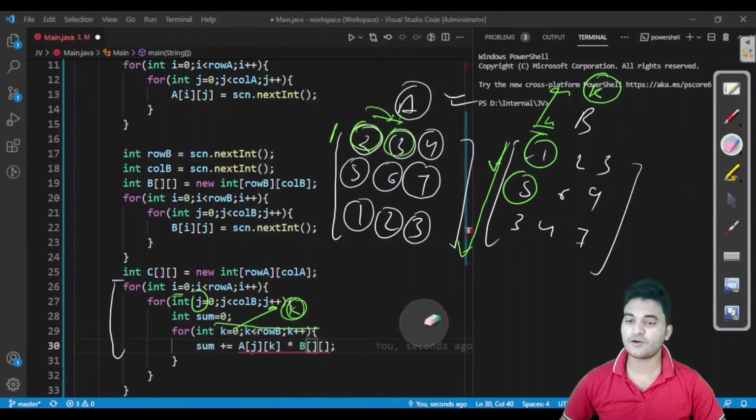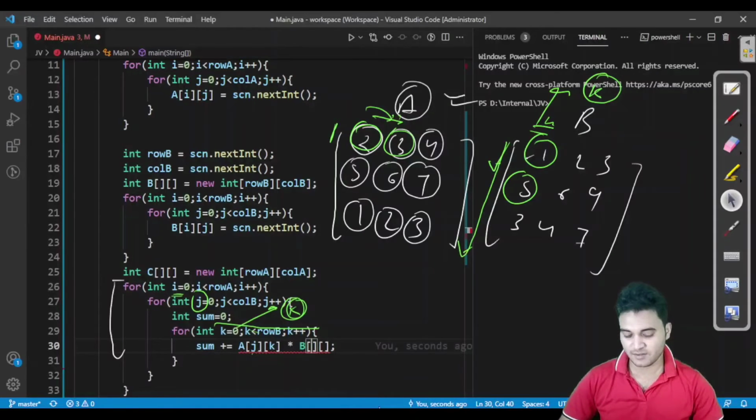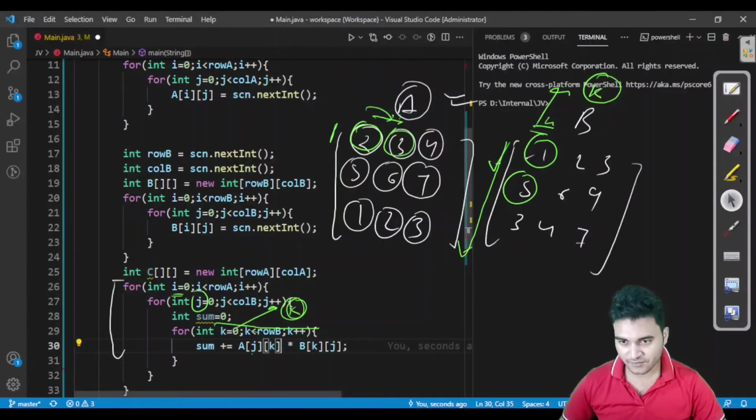Row is varying, column is not varying. So for that I would have to write here k, column is varying and row is fixed, which is j. Here j is fixed. So this is it which we have to do, and here we would have to make one change, because if you look at here,